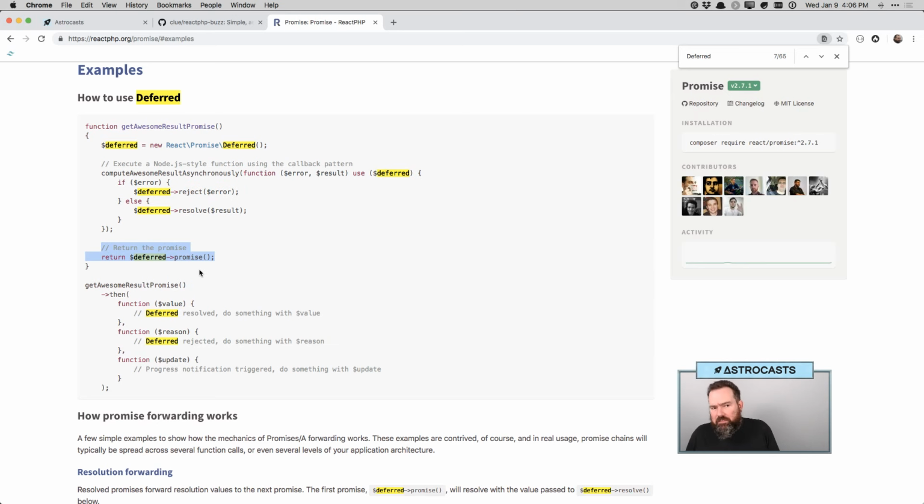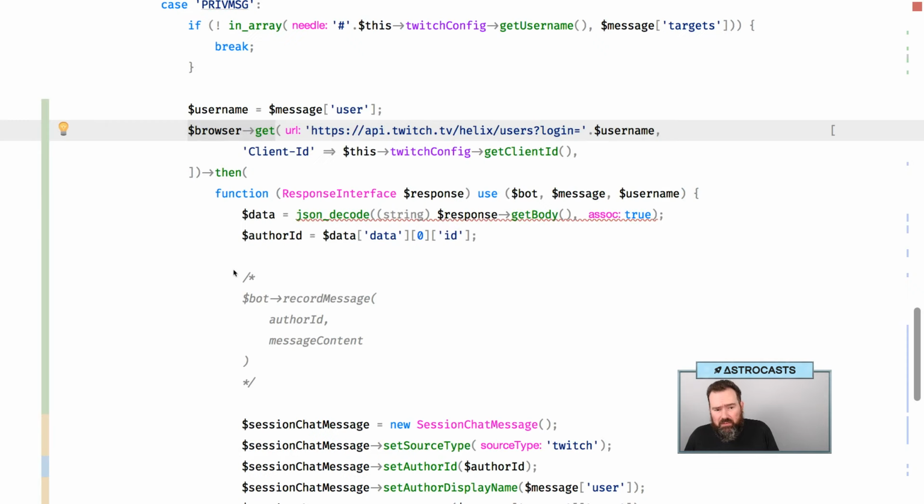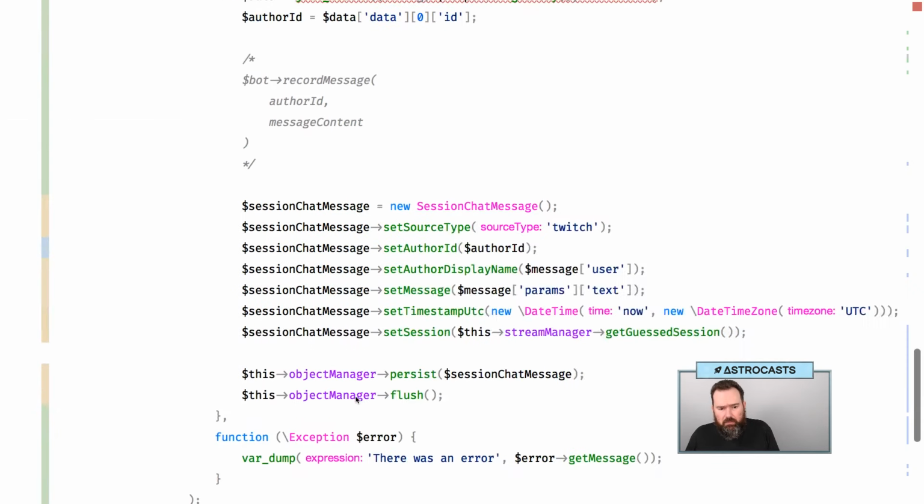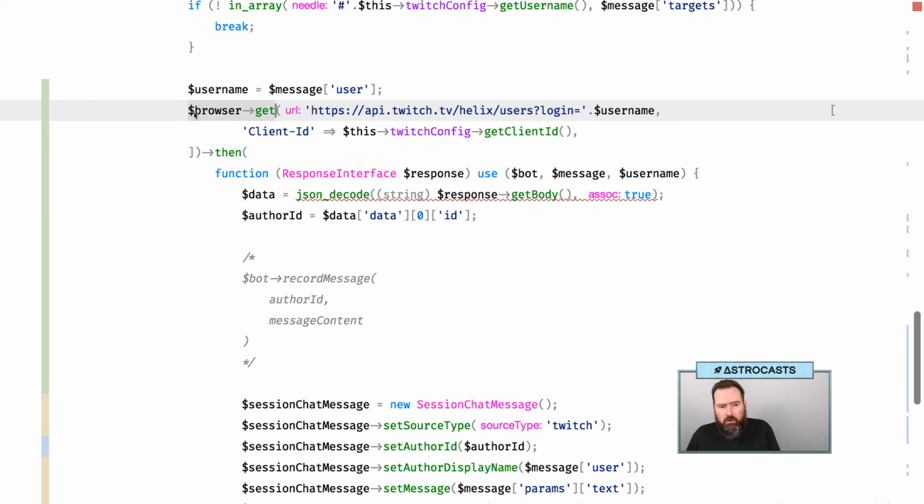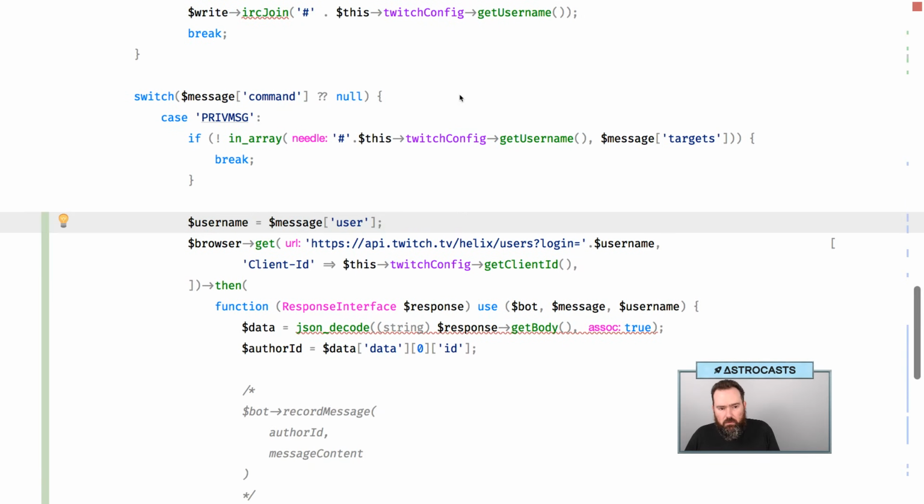So I kind of want to get a feel for this because I think that this is too complicated. Right now, we're using the browser stuff kind of to drive the whole process. I would rather have something along the lines of a promise to go get that, and then we can move on after that's done. But I kind of want this to be sort of an implementation detail, if you will. So I think I'm going to see if I can do